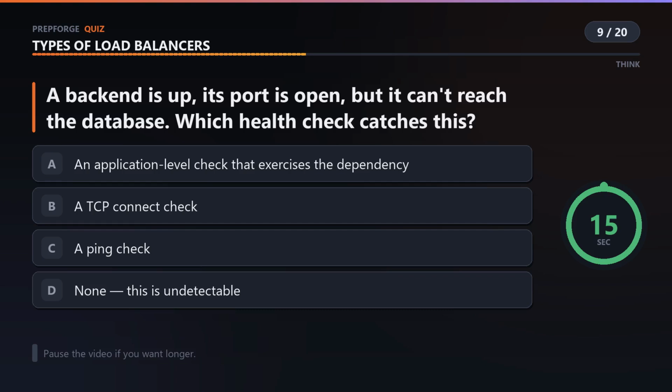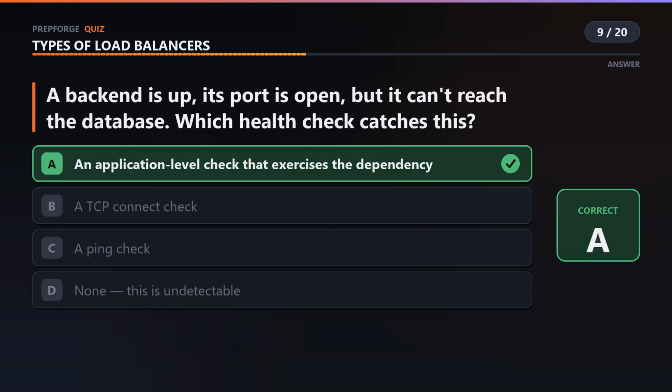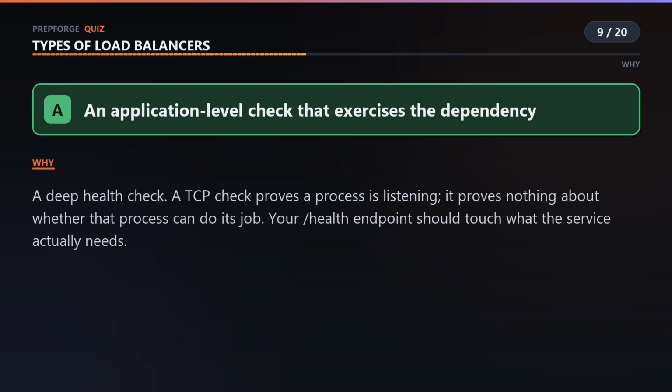A backend is up, its port is open, but it can't reach the database. Which health check catches this? An application level one that actually exercises the dependency.